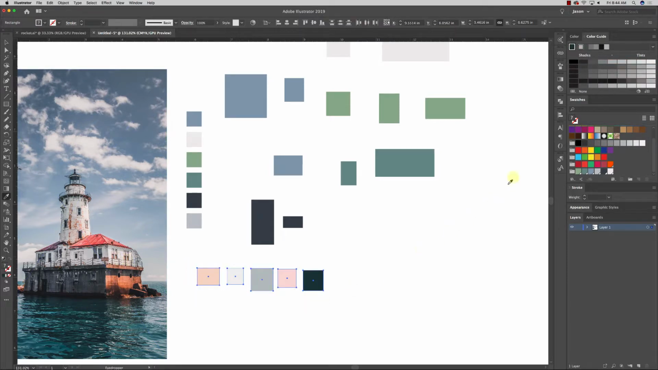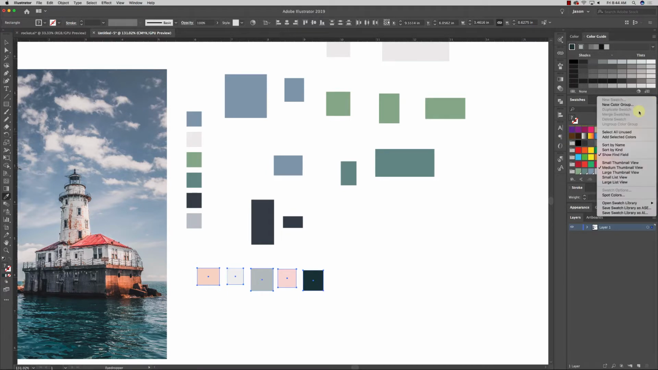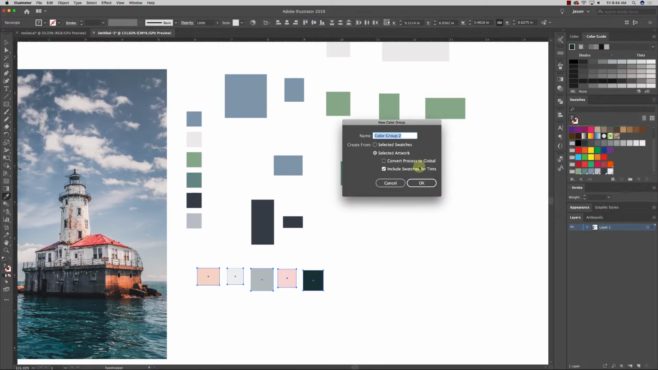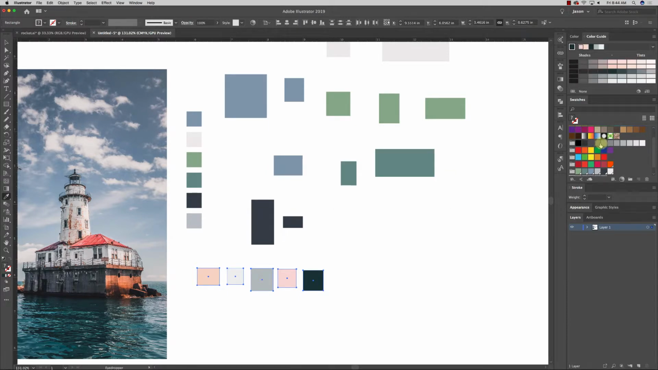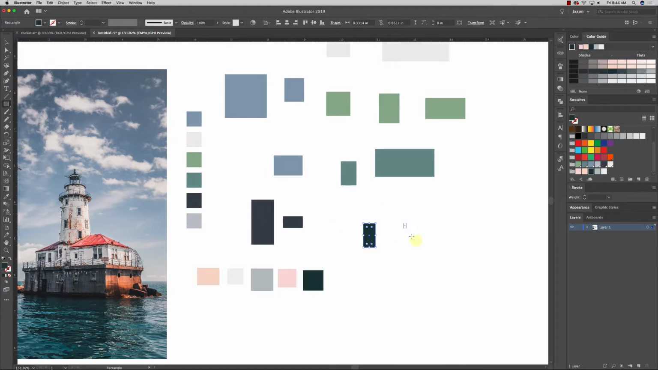And I go in and I take these colors and create a brand new color group and turn off the convert process to global. I see that these are not global colors. I have a lot of art now,